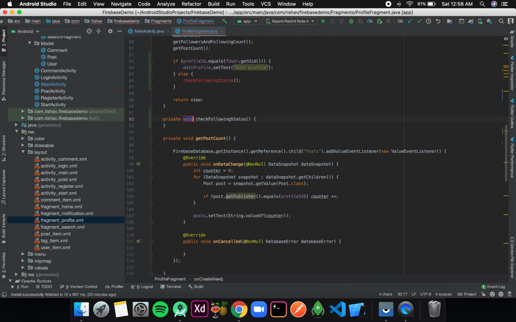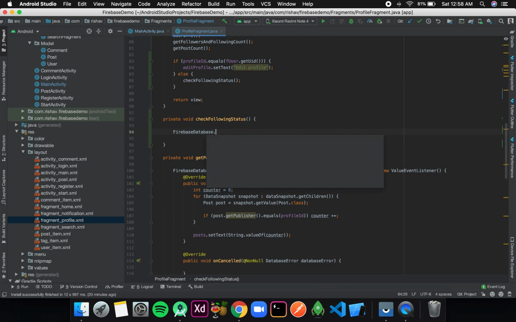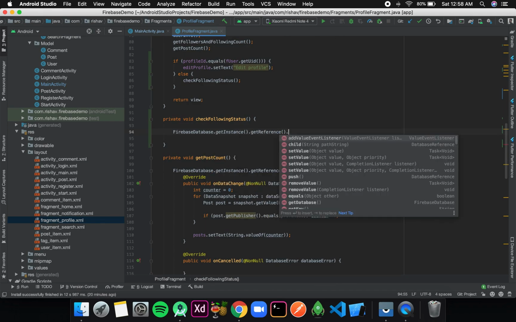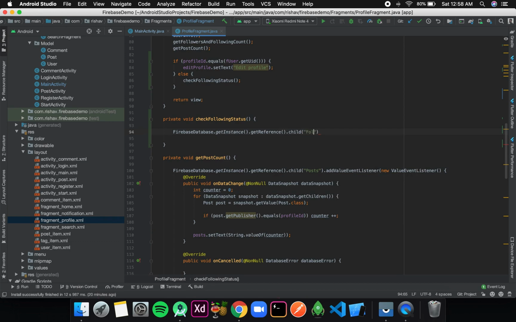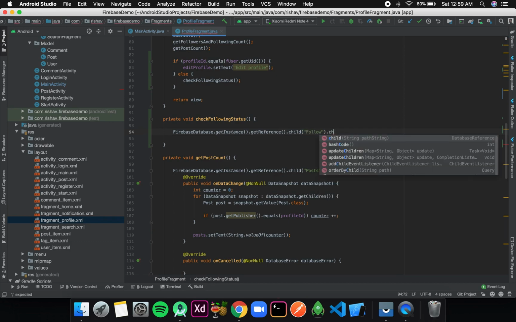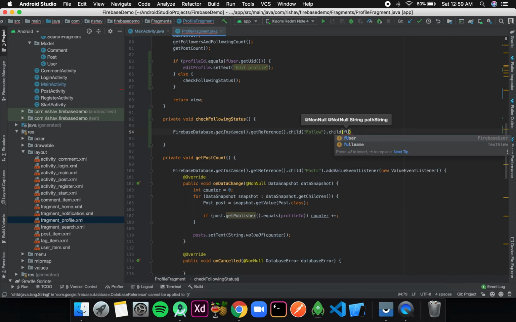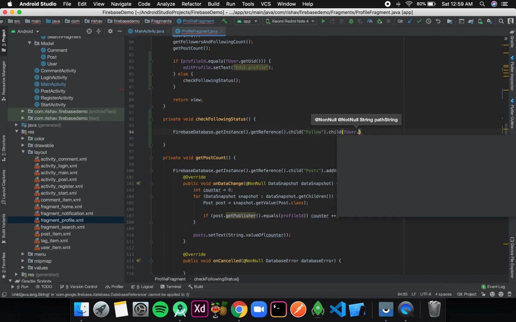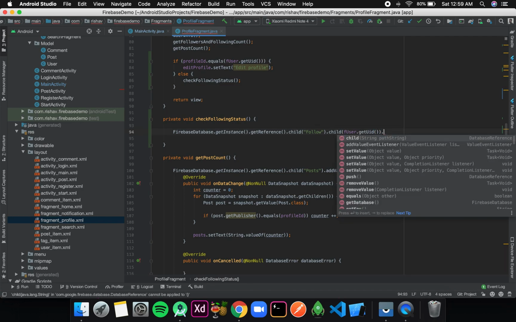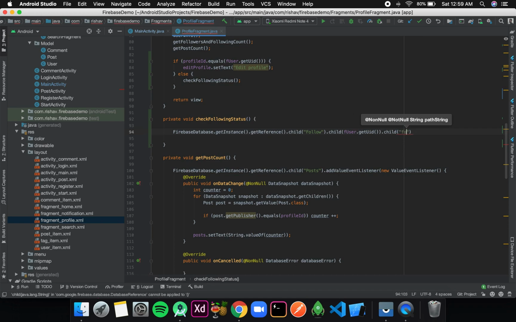Okay, and now inside this checkFollowingStatus I'll write FirebaseDatabase.getInstance().getReference().child, and the child is Follow, .child(fUser, that is our current user, .getUid()).child(following), so as to check if the current user is following the person whose profile is being viewed.